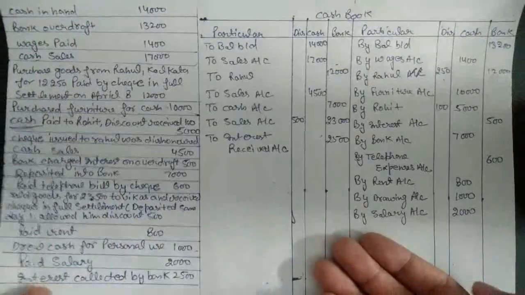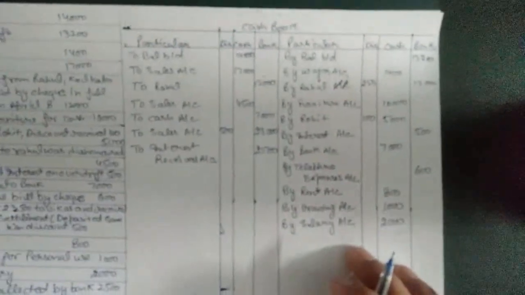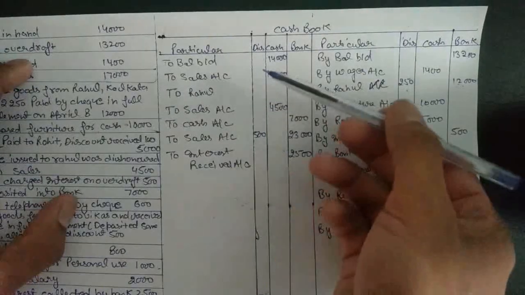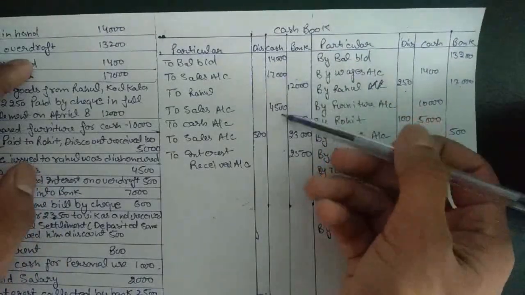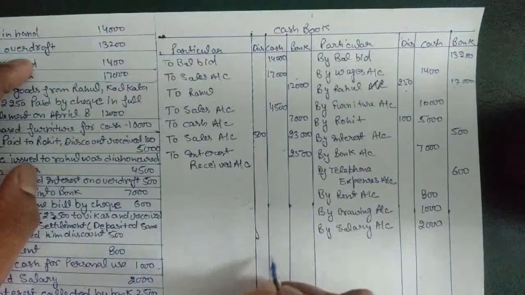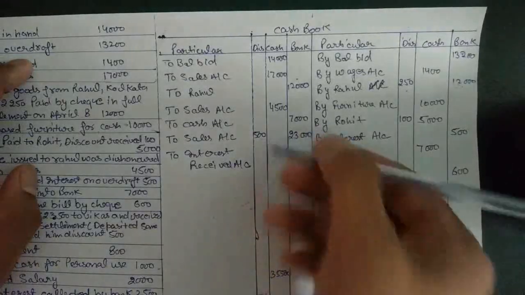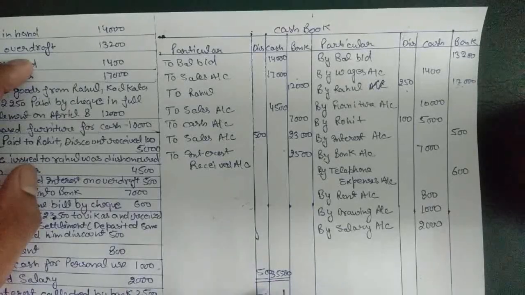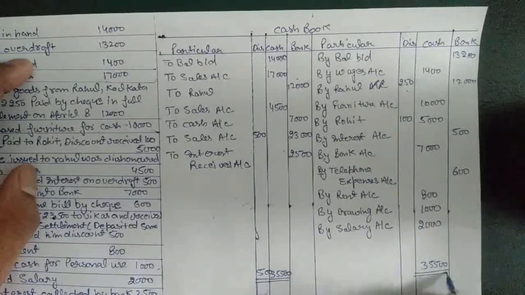Now we need to settle or balance our accounts. So this is our account, that is the cash book. First we need to balance the cash column. 14,000 and 17,000, that is 31, and with 4,500 it is 35,500. 35,500, it will go direct. Cash, that is the closing of the account. On the other side also we need to write 35,500, that is close account.